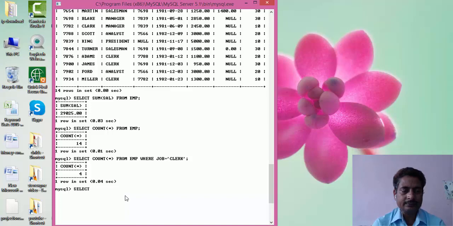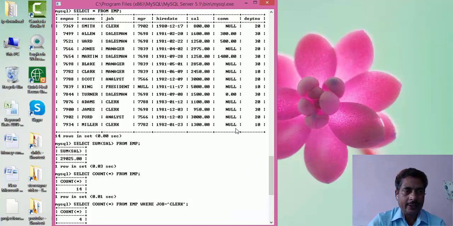Here from the above table we are using ename. If we use the column name ename, it will show 14 records because every row has a value in column ename. But if we use commission or mgr, like we use mgr, it will show 13 because 1 is null and the count function does not count null if we use the column name.